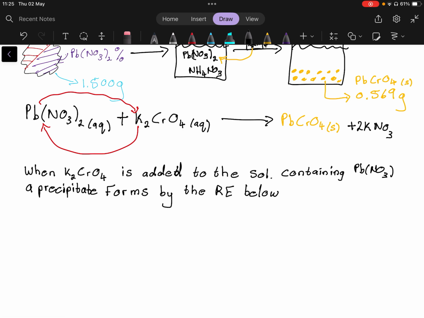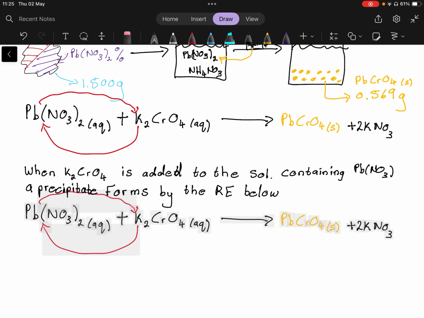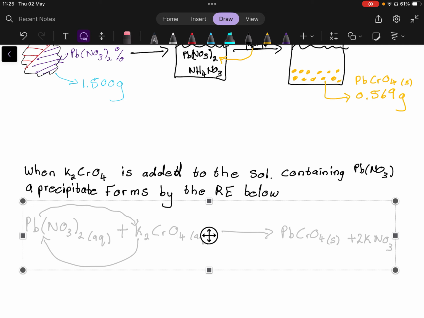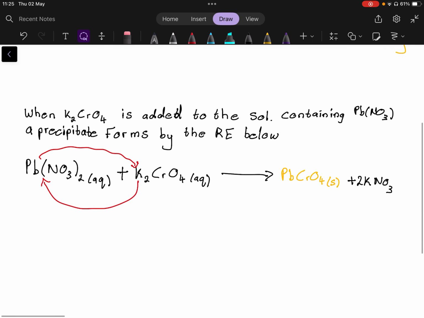Right, and then I'm going to cheat, and I'm going to take this thing and move it there, because that's what you write there. So then you say, right,